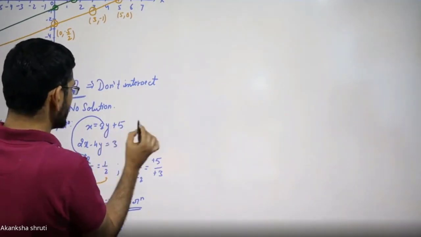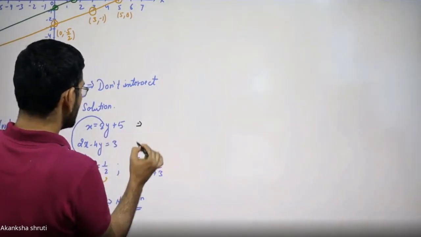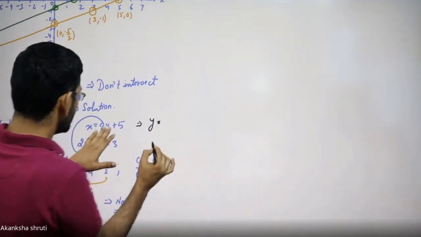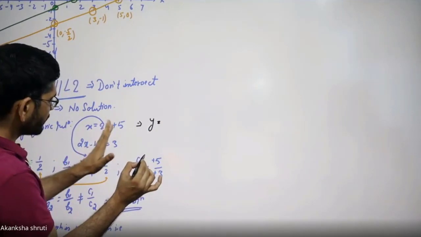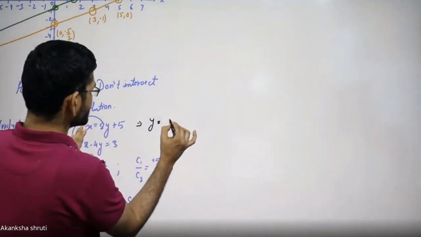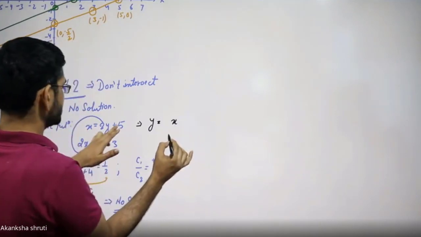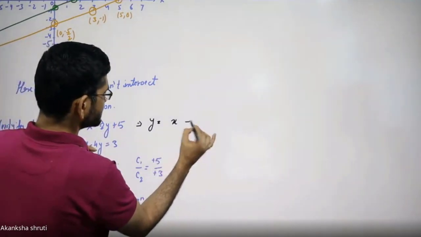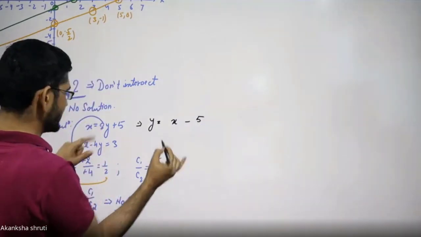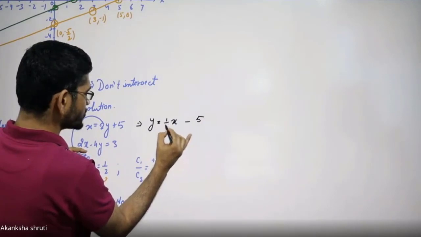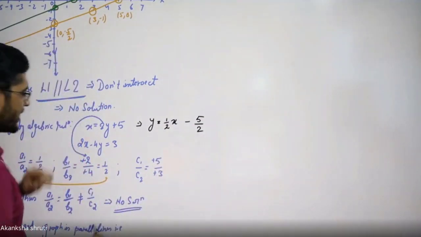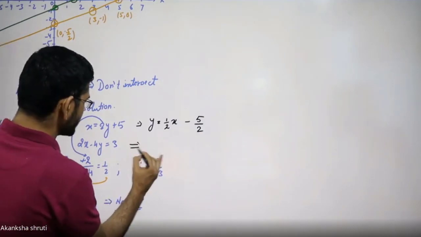Or simply you can see like this. Here the y value is simply, keep this y on one side, send all the variables on the other side. It becomes 1 by 2 of x, then minus of 5, that you will get. But while 2 will get divided, it becomes 1 by 2 of x and 5 by 2. Okay, students. Similarly, calculate the y from this second equation.